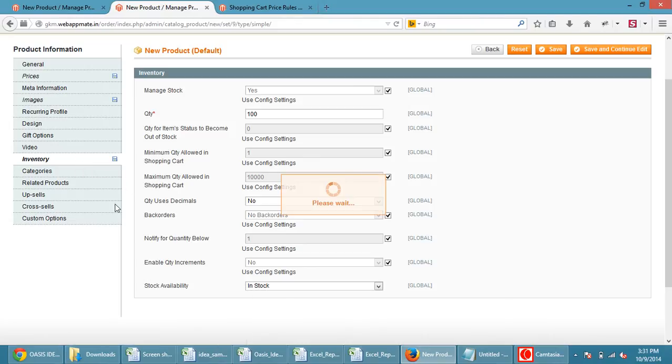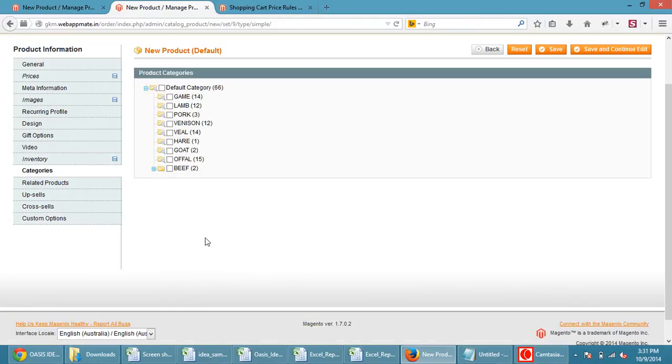Then category means which category this product will be part of, so you can select from here. Just click on the category and then select default, game, lamb. These are the categories which we have created already. Then just check mark this one. Or if you want to add options, like this product is available in different quantities or sizes, you can add from here.